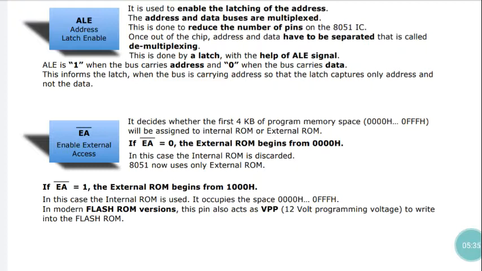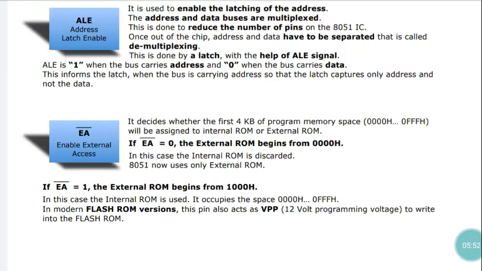In this case, internal ROM is discarded. Now 8051 microcontroller uses only the external ROM. Here external ROM will only be accessed, not the internal ROM. See the another case. If EA bar equal to 1,